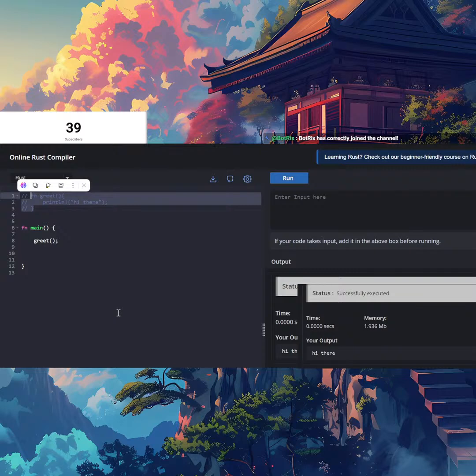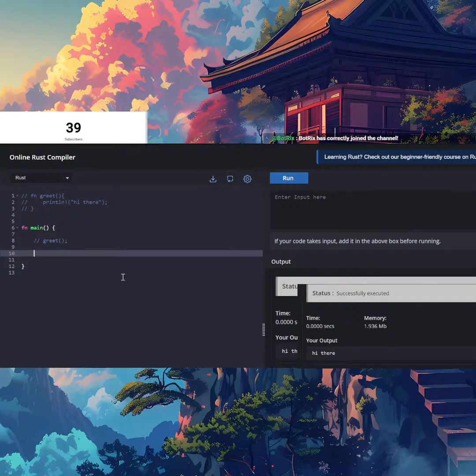It's kind of different to what we're making right now. So this is scope. Scope basically means which variable can be used where.